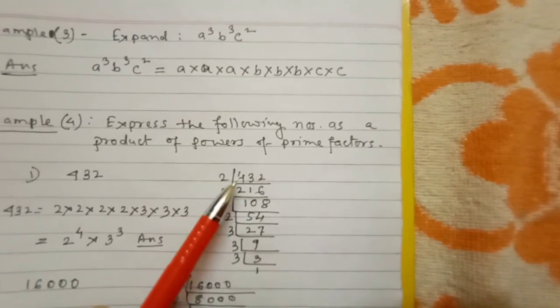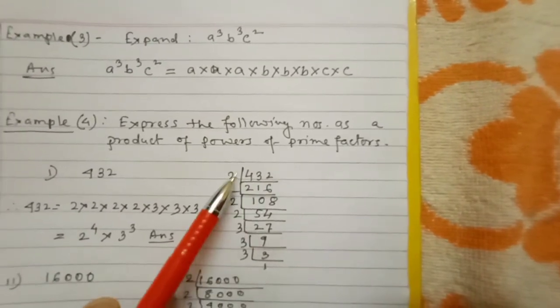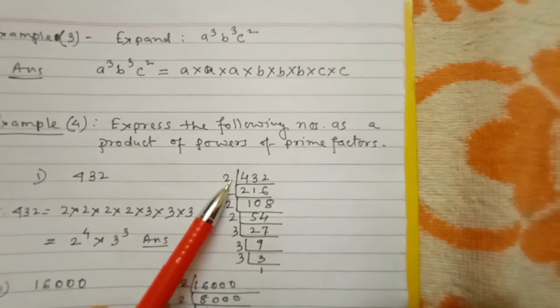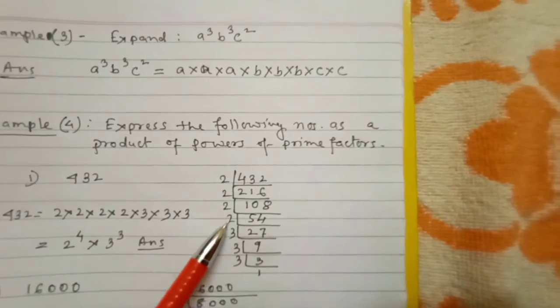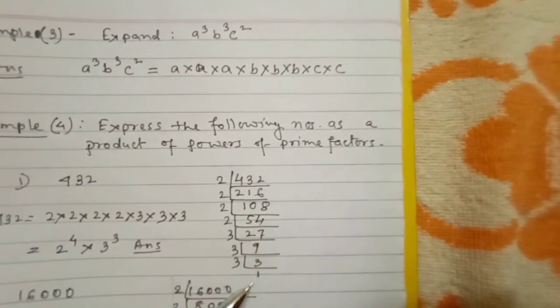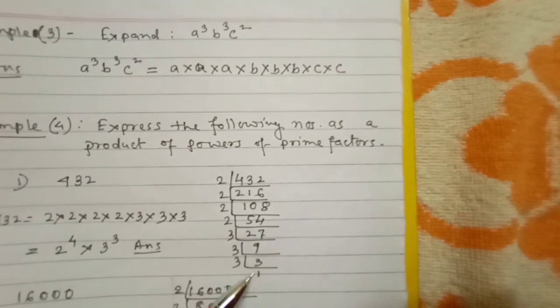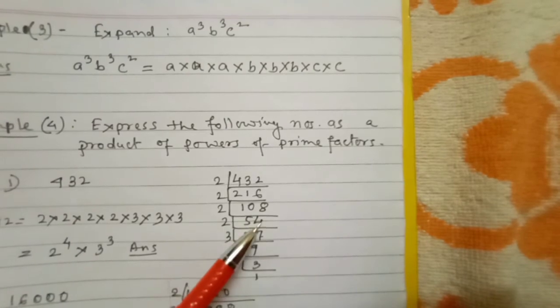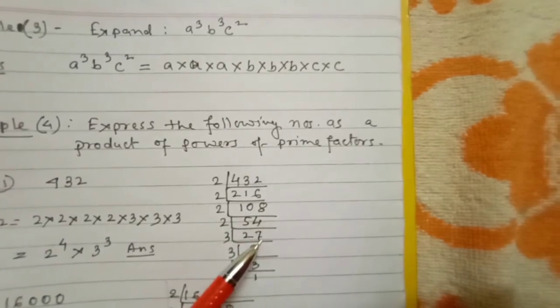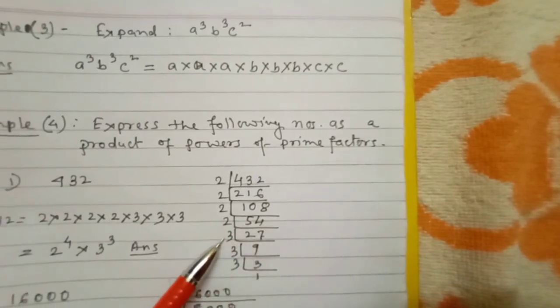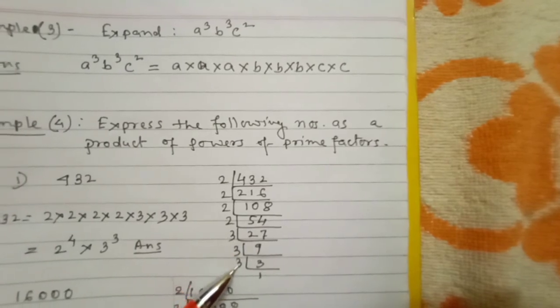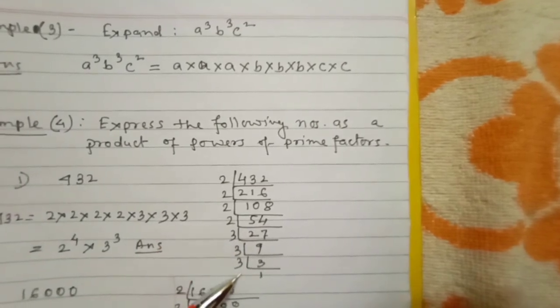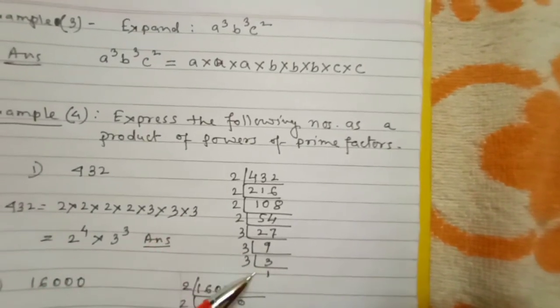2, because it is an even number, so you will start by 2, and as much as it is possible you continue till the remainder is 1. Continue the division. When it is 54, 27 came. 27 we will not try by 2. Then we will start by 3. Then 3, 3, 3. The division you all know, so no need to explain it more.